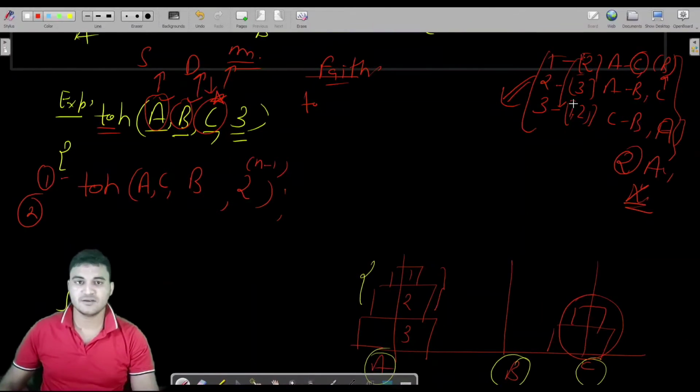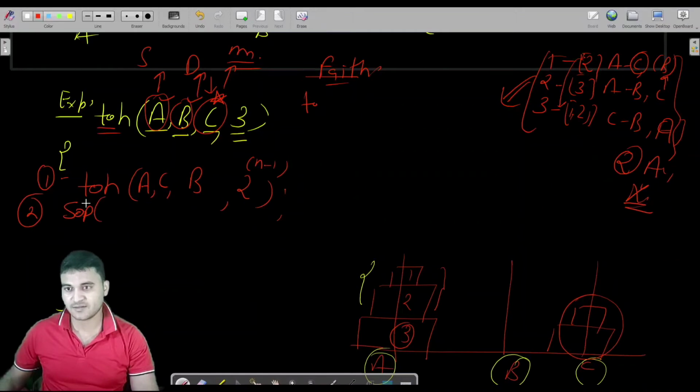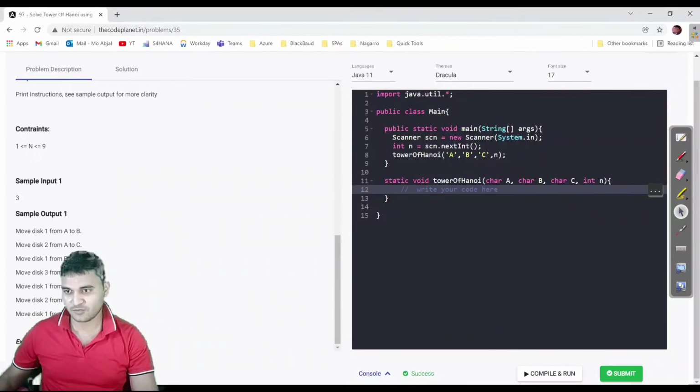The second step was move the third disk, or nth disk, from A to B. Either we can call this function, but rather than this, we could simply write a print statement that moves your nth disk from A to B. You can write using C, but it is not mandatory, because if you can see here in the output, we are not required to print the using tower.